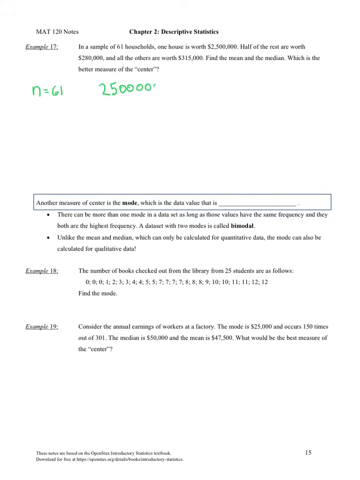So one of the houses is $2,500,000. 30 of the houses are $280,000, and the remaining 30 are $315,000. And once we add all of those up, we are going to divide by our sample size, which is